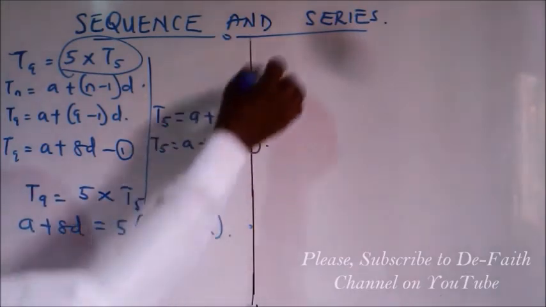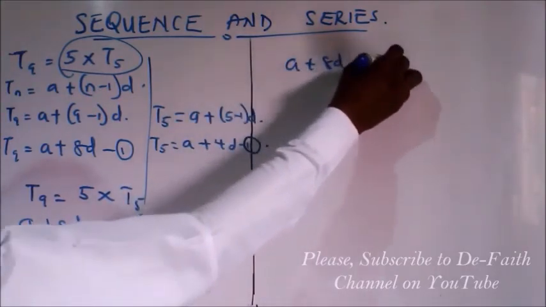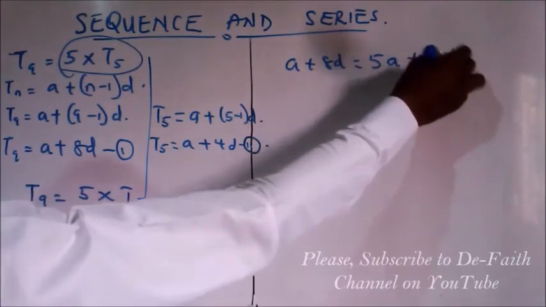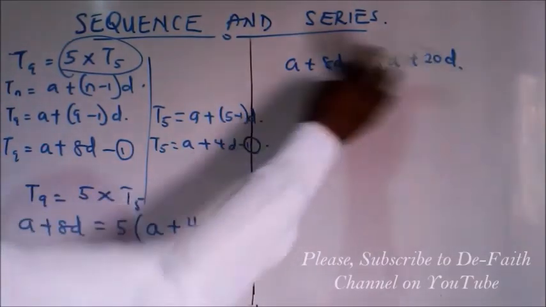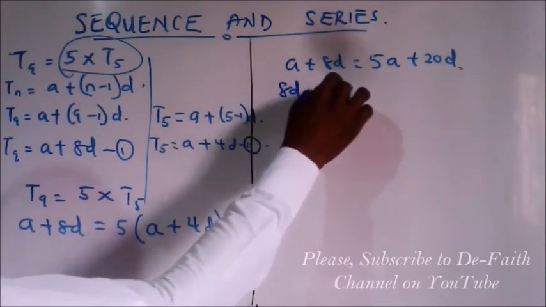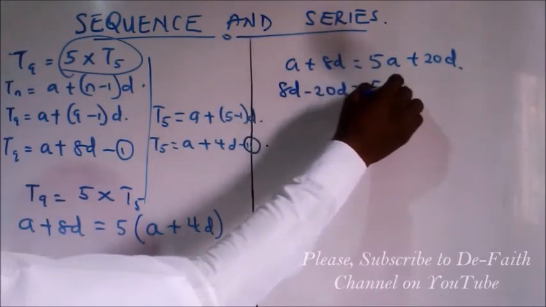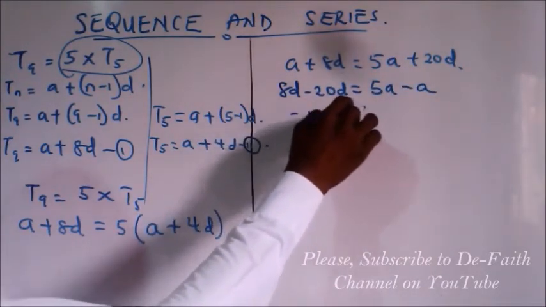Let's open this bracket and we'll have A plus 8D equal to 5A plus 20D. Let's collect like terms. Let's bring this 20D over here. That will be 8D minus 20D equal to 5A minus A. Here we have minus 12D equal to